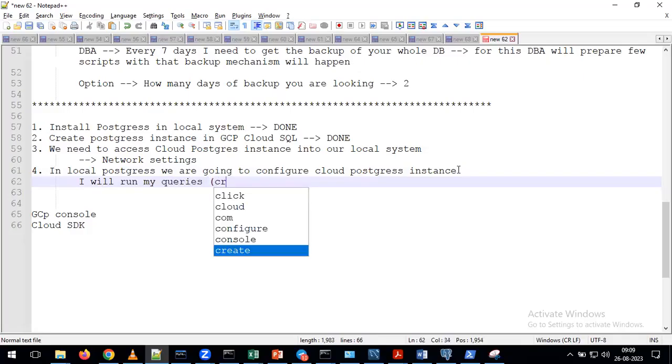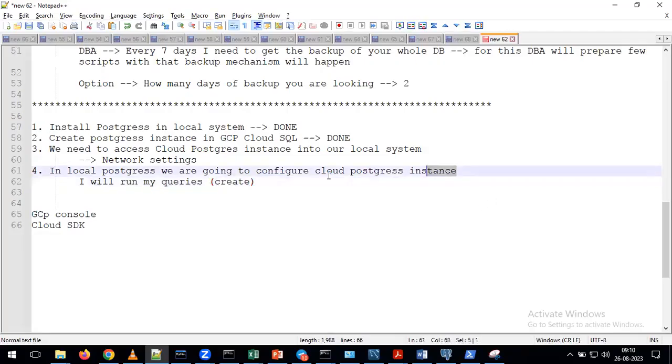Now, for example, if I am going to create a table, try to give the answer: where is this table going to be created after performing this activity? What I'm doing in the local Postgres, we are going to configure our cloud Postgres, so after doing this activity, if I create the table, is this table going to be created in the local Postgres or in the cloud Postgres?